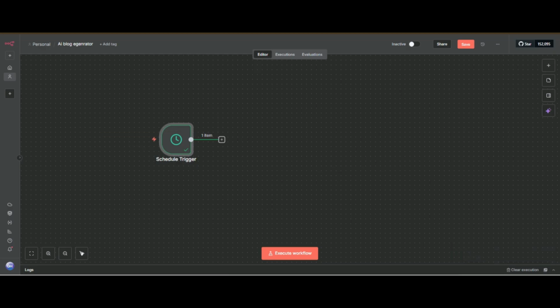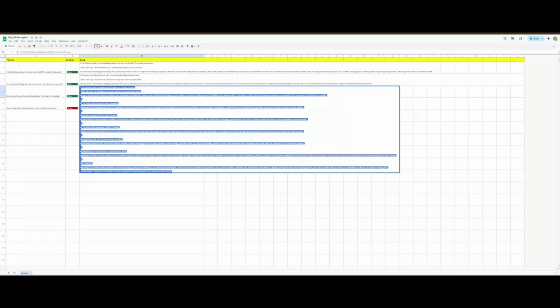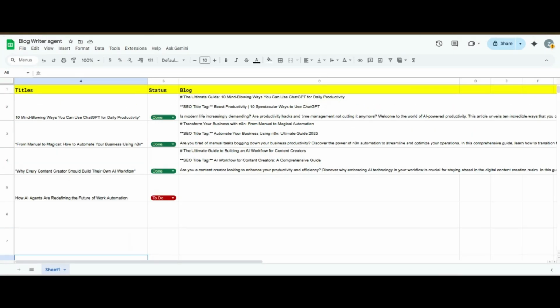Now we have to retrieve the title of the blog post that we want to write. Here I have added my titles, and you can see the columns title, status, and blog.